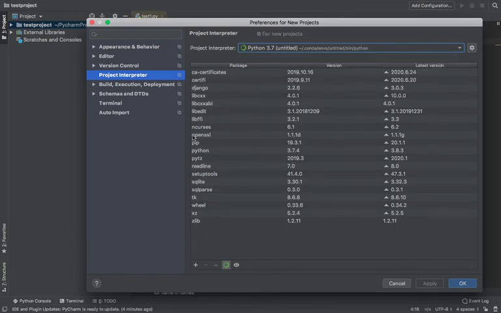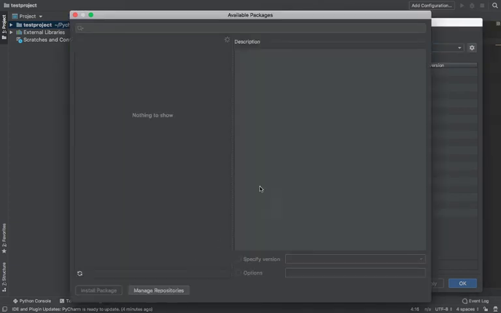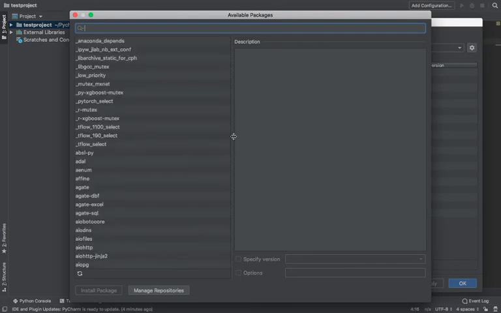Okay, so now I will install some libraries. Go to here, you can see the plus, and it will open a new window, available packages. Okay, and search here. So please wait.